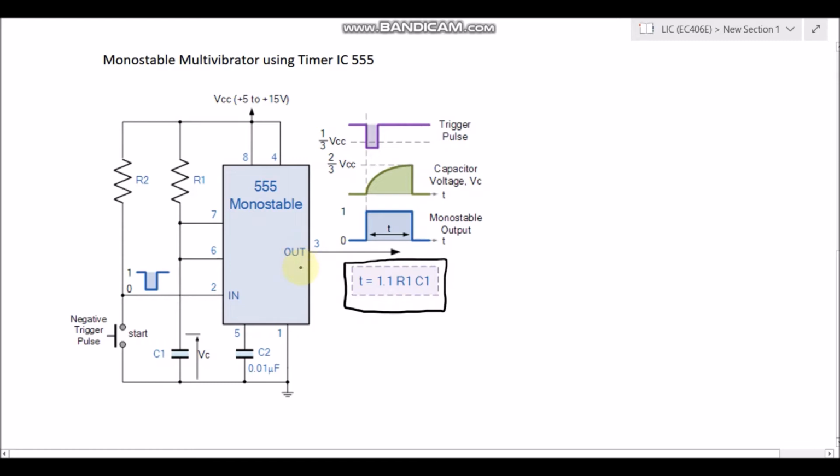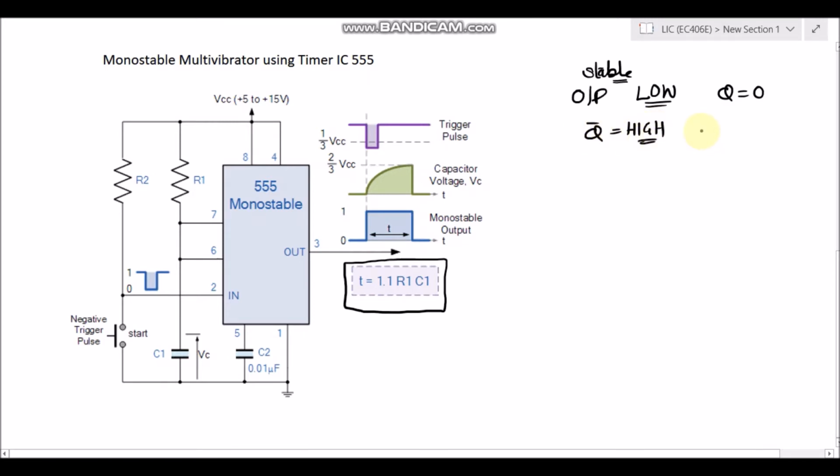As you can see here, from pin 2, we are giving a low trigger. In the stable state, the output will be low. Now, without giving the trigger, it remains in this stable state, that is low. How will it behave? When the output is low, or we can say the Q is 0, the flip-flop's output Q bar will be high.